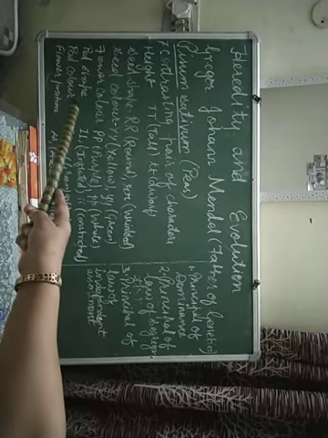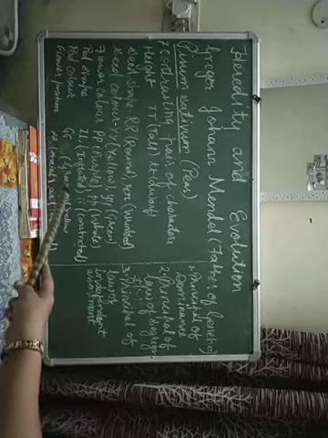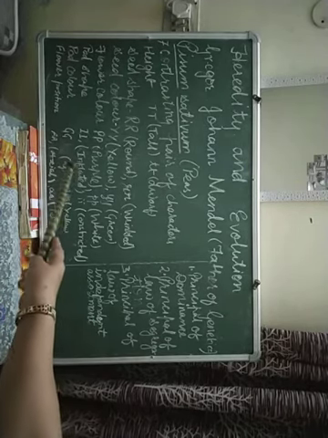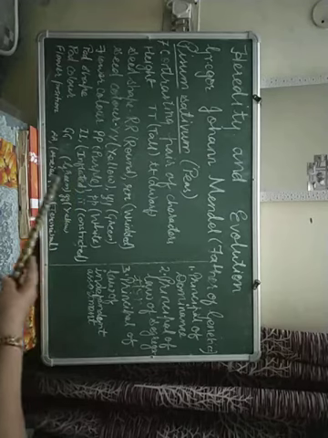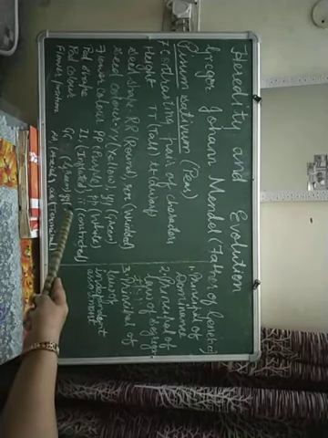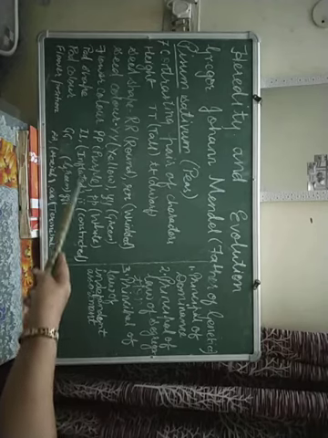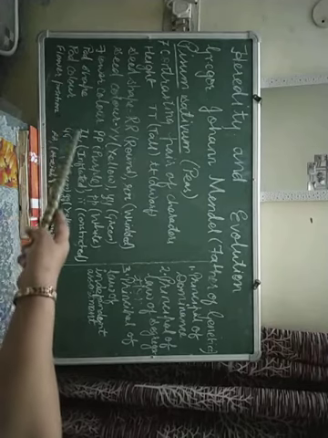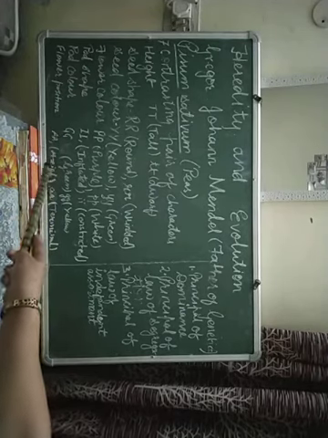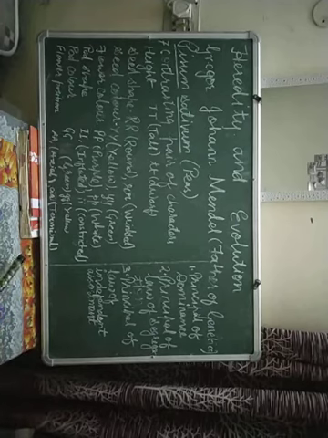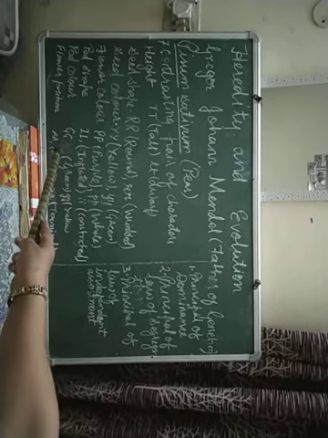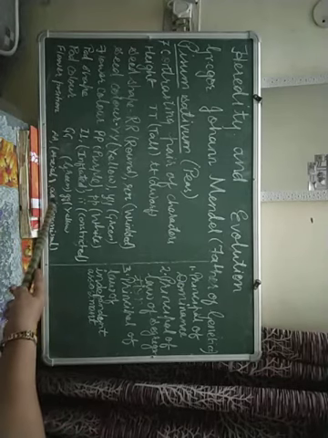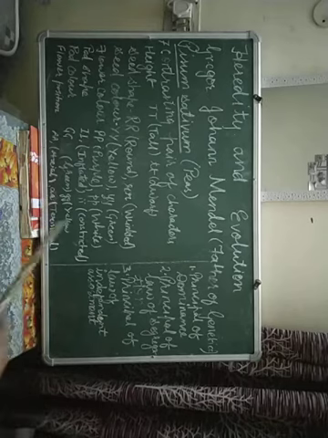Then he also observed the pod color. Green was dominant and yellow was recessive. So he used capital G for the dominant one and small g for the recessive one, that is the yellow color. He also observed the position of the flower. The axial flowers were dominant, denoted by capital A, and the terminal flowers were recessive, denoted by small a.